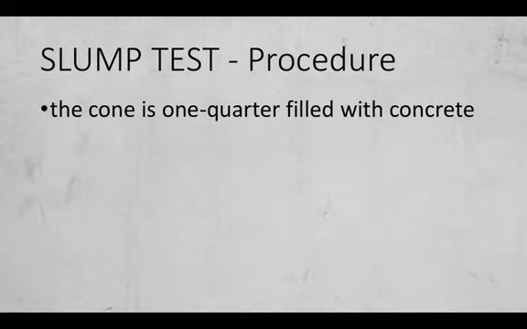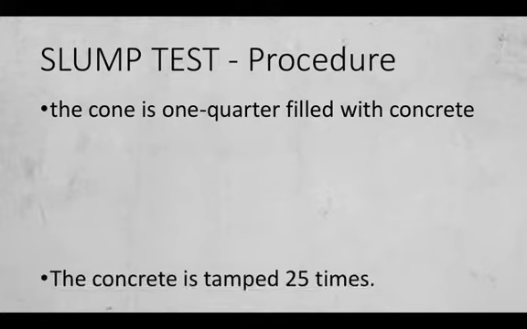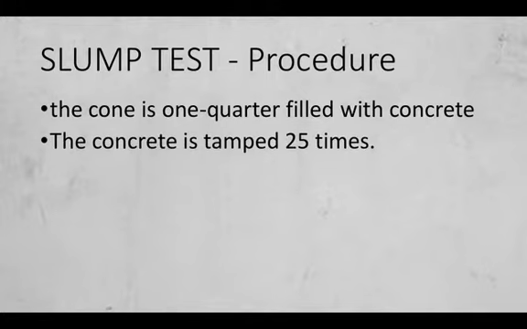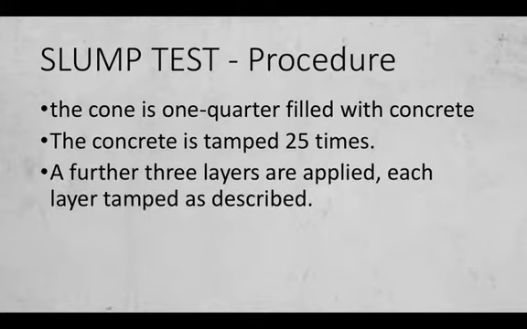So here is the procedure. The cone, that is the conical mold, is 1/4 filled with concrete. The concrete is tamped 25 times. Not 10, not 15, not 20, but 25 times. And a further 3 layers are applied, each layer tamped as described. So the cone is filled